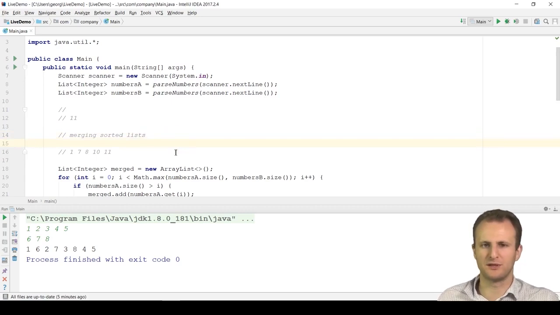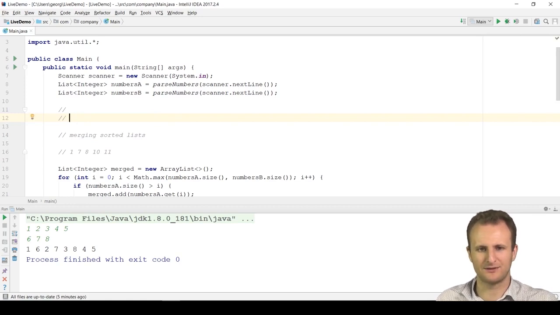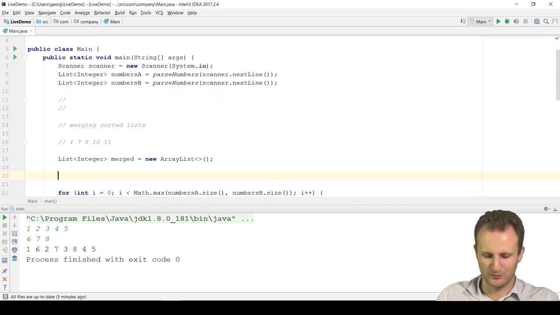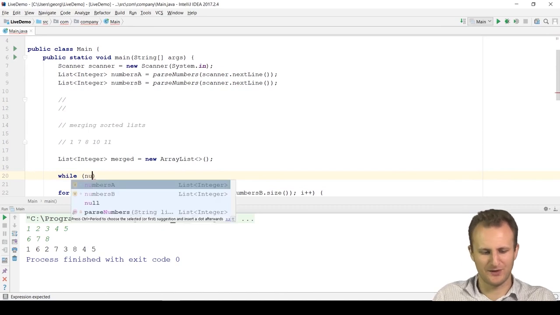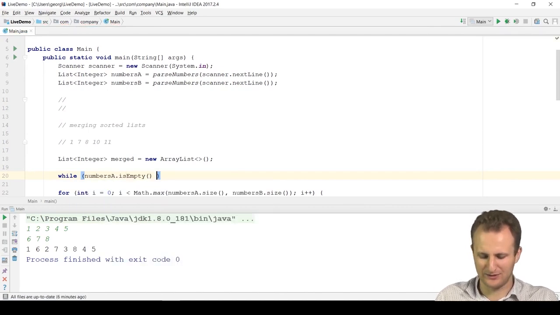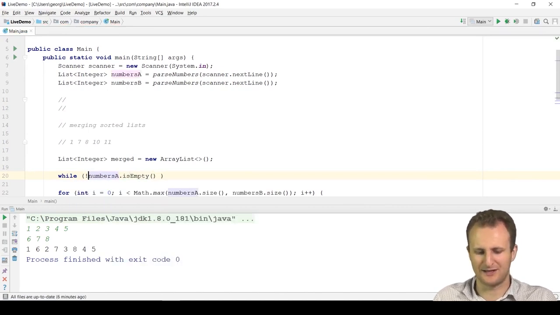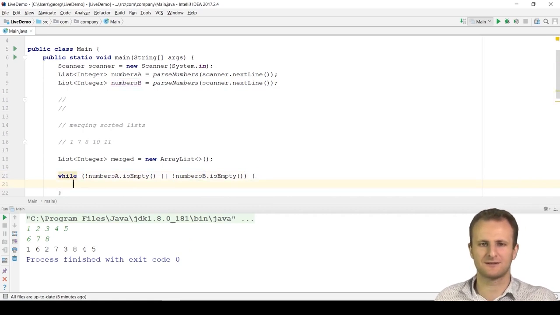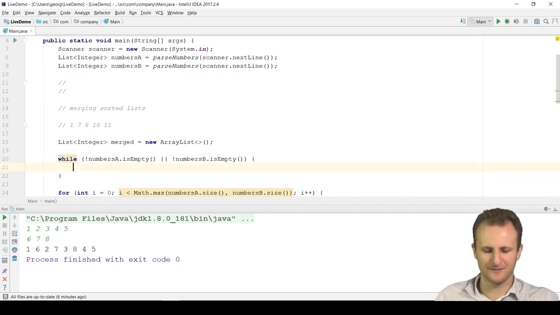What would the code be? Well, while... how long did we execute? We executed until both lists are empty, correct? So it would be something like, here's our merged list. It would be while this isn't empty, or while the other list isn't empty. So while at least one of these lists has items in it, then if